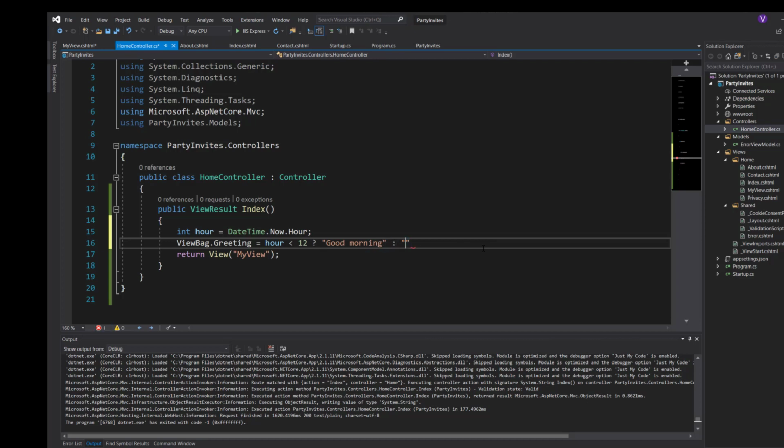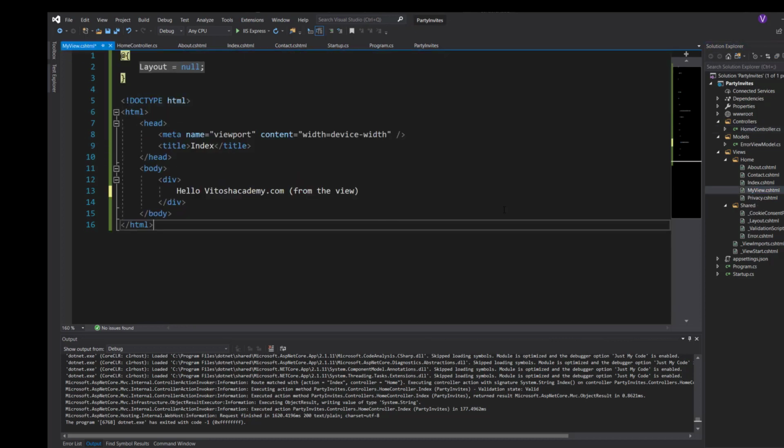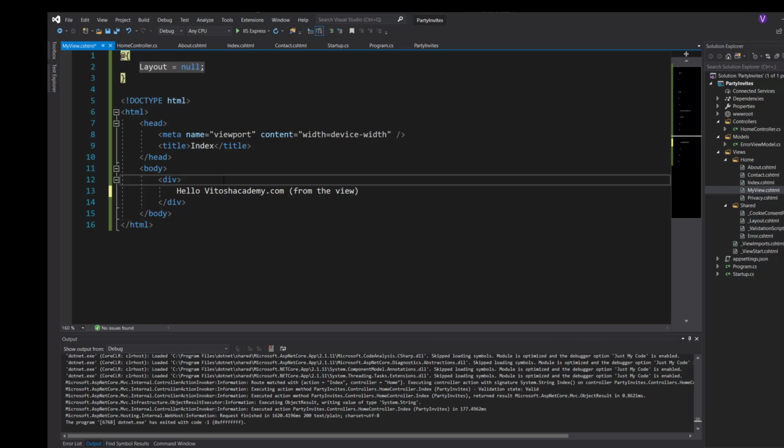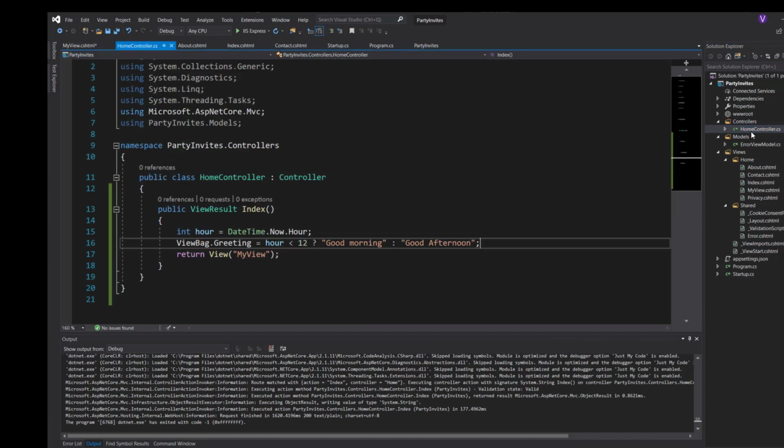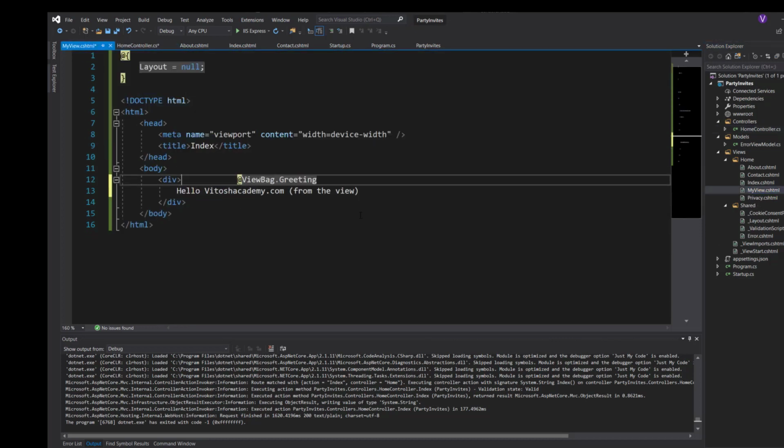Else we write good afternoon. And then we return MyView. Yep, true. Of course, we should go now in the view and write something there, so it changes it a bit. So we write viewbag dot greeting. So it would be actually ViewBag.Greeting, which would be this one, good morning or good afternoon. So in my view it would be ViewBag.Greeting, and then